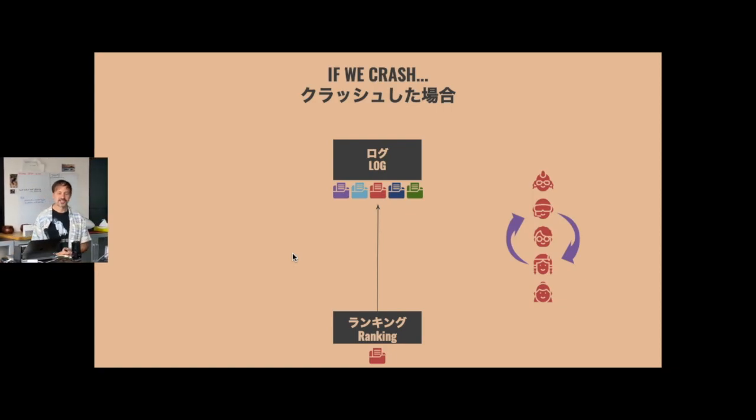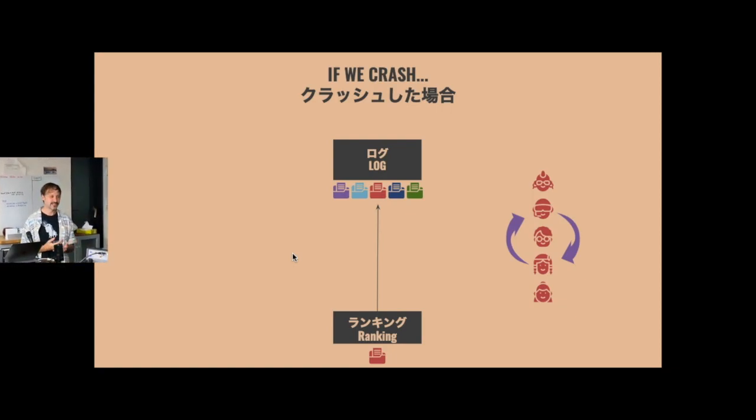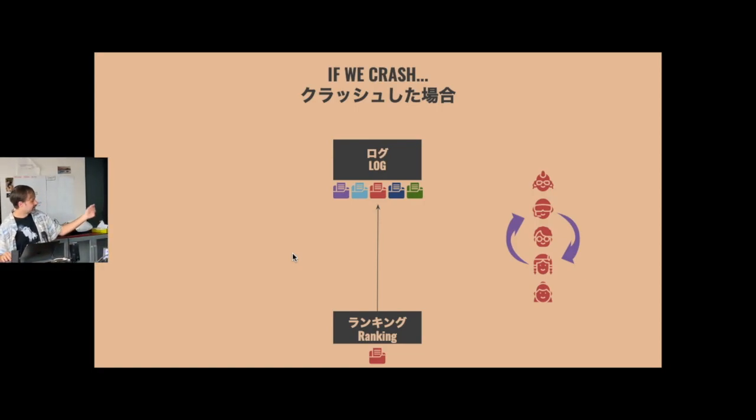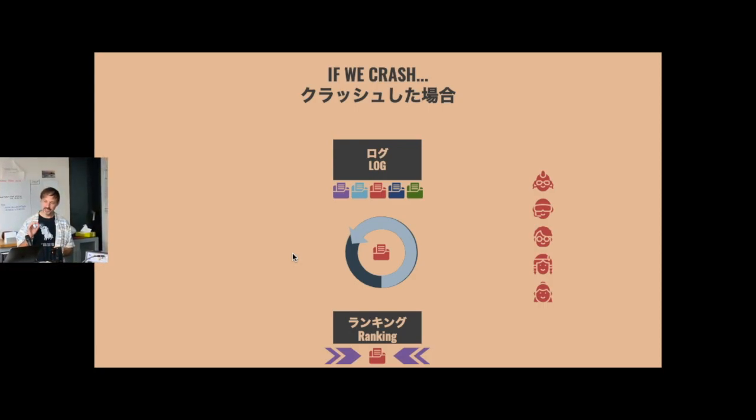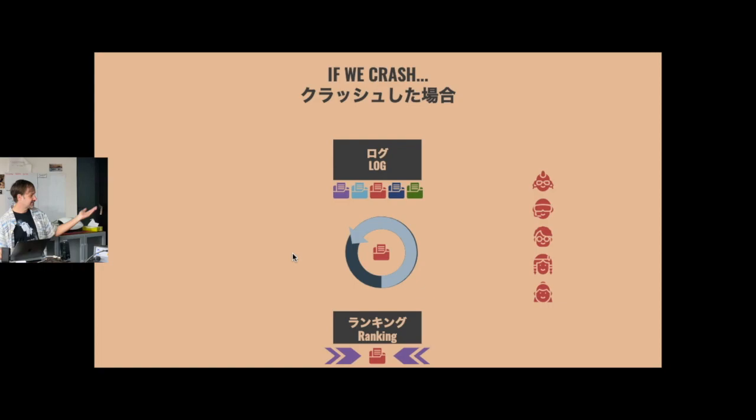So what happens if we crash? We had a problem before. Well, if we crashed and we couldn't reach the service, what do we do? Well, here, if we crash, let's say we're in the middle of reading and the last thing we saw was our red message. We're dead. We come back up, but now we can look at the last thing that we saw, and because we can go to the event log and say, give me everything from this point, we just pick up exactly where we left off.